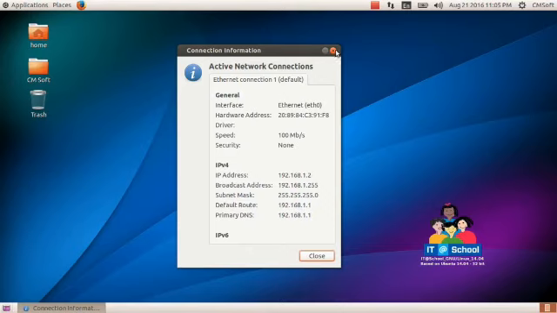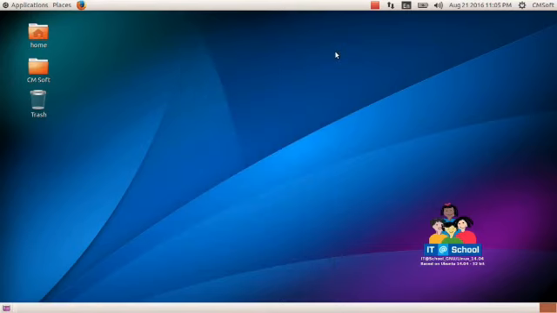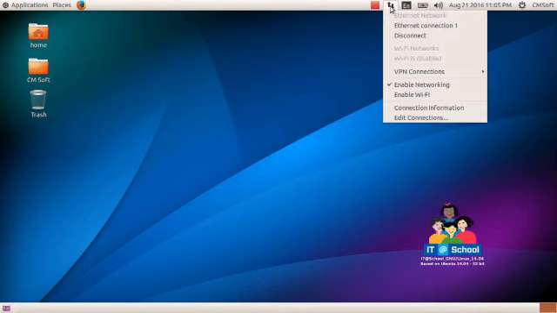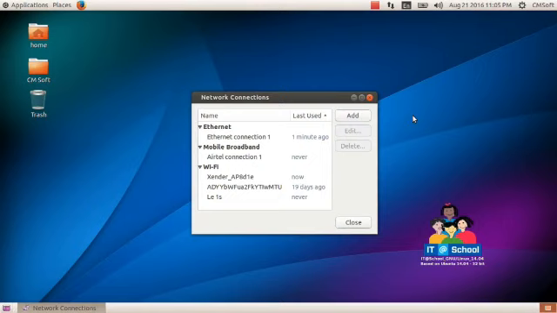We can see all the information about the network with the help of connection information. Here close the window and once again go to NM applet. Then take edit connections. There we can see the network connections. Then select the Ethernet connection.